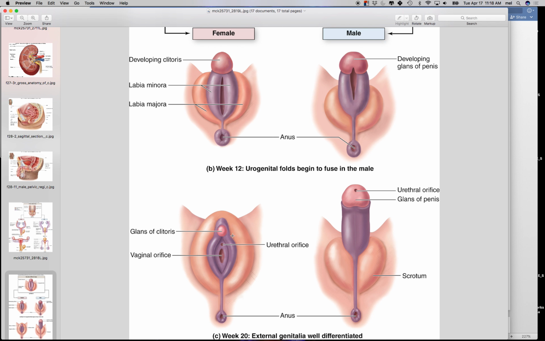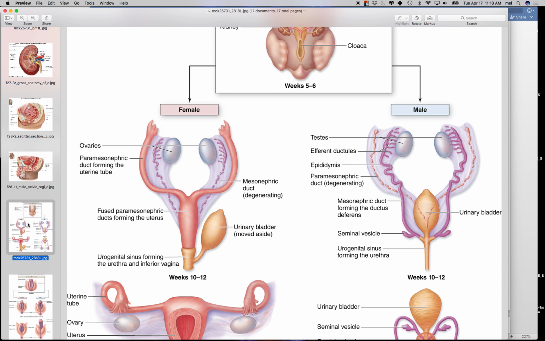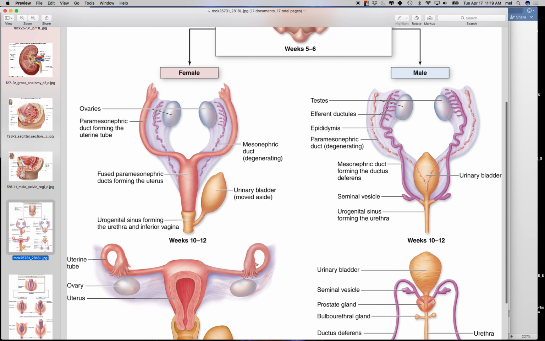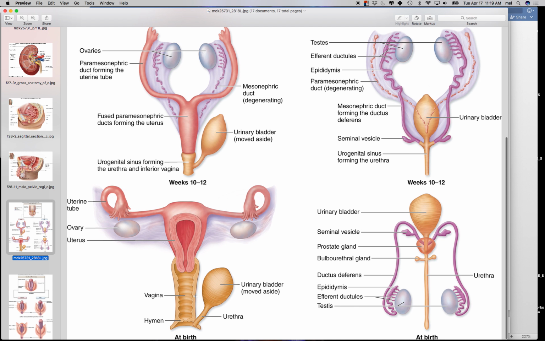So what does this look like in the absence of large levels of testosterone? It looks like this, right? How about internally? Internally, what happens is MIH works, right? So you degenerate your fallopian tubes and your uterus, but you never actually turn on the rest of this. So she ends up with a blind vagina, no uterus, external genitalia that looks female. And interestingly, and this is super duper interesting, these people have androgen insensitivity syndrome, and it tells us an awful lot about sex determination in the mind,